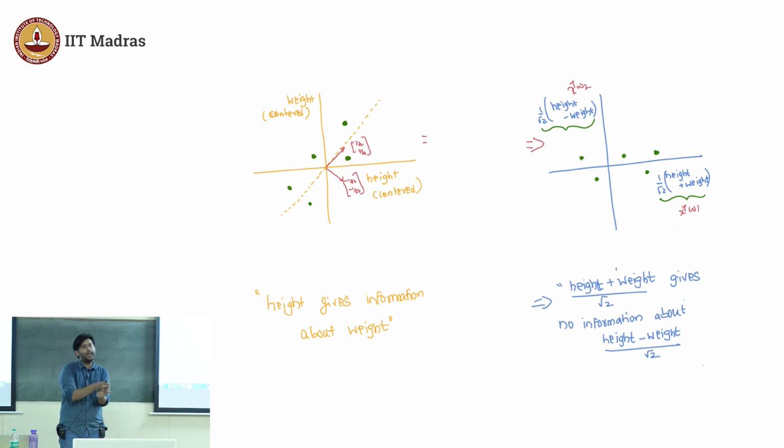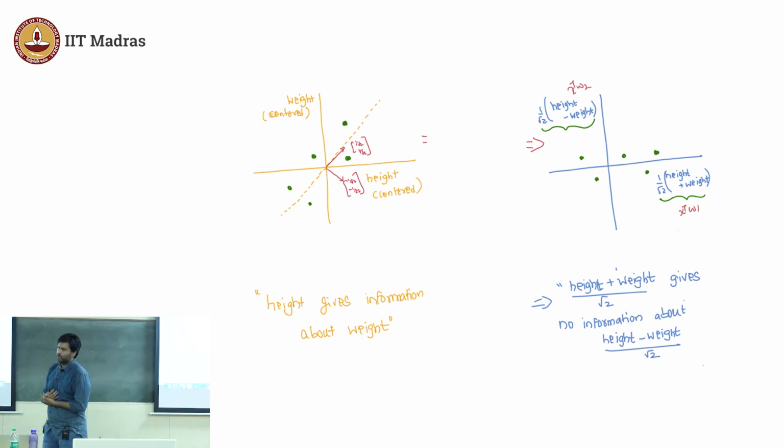I am going to store height plus weight as one number and height minus weight as one number. But why would I want to do that, right? That's a question you should ask. Well, in the previous case, if I told you height, you can guess something about the weight, which means height gives information about weight. On the other hand, if I choose to store information as height plus weight and height minus weight, if I told you the value of height plus weight, you will not be able to guess anything